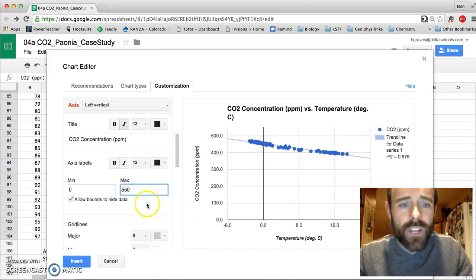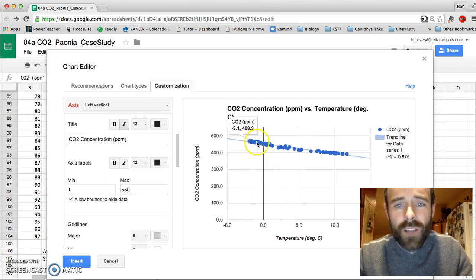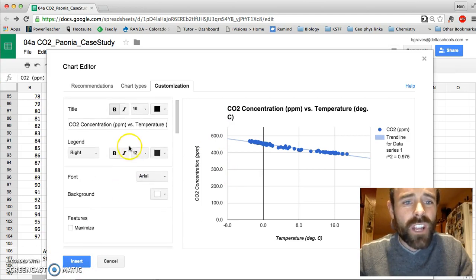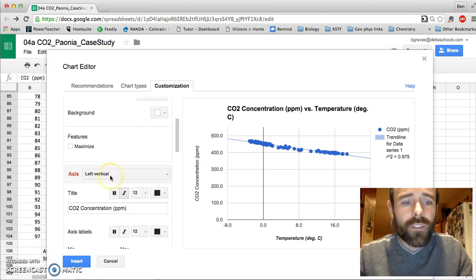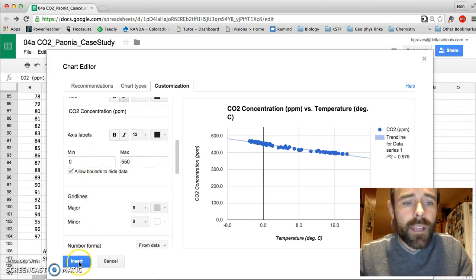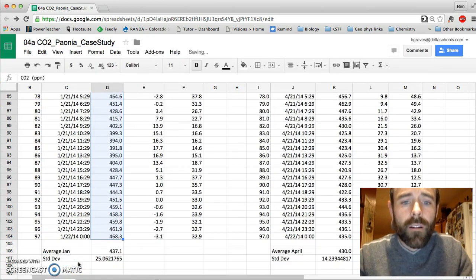Seeing now that I've changed those values, actually as the temperature increases, the CO2 concentration doesn't decrease dramatically, that it's actually a fairly shallow slope. And that's why it's so important to change our axes to make sure we're representing our data correctly. Okay. Finally, we want to make sure we can change the colors. You can make this graph look a lot nicer, and you can insert it by hitting insert, and voila,